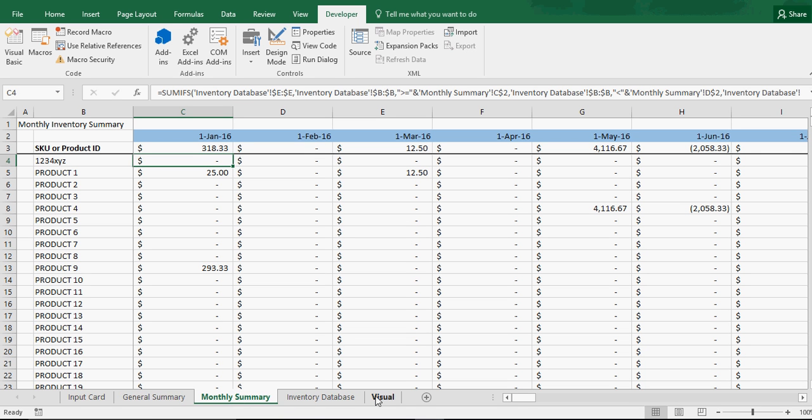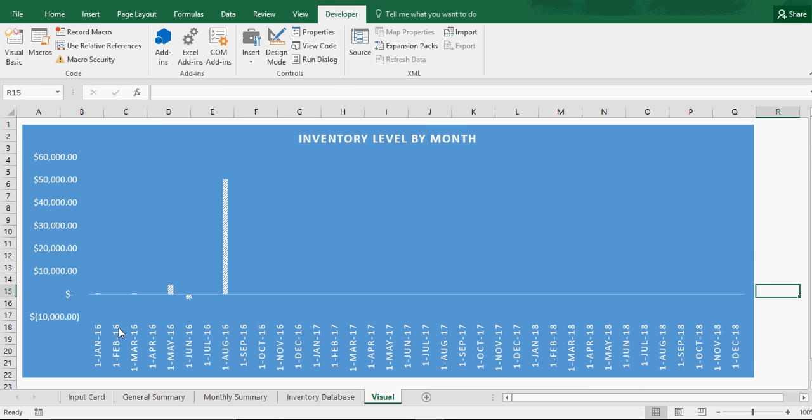So I guess that's it. Oh, and then finally I did do a monthly summary here, and this just takes into account your net value per month for every product. So this is saying the net bought and sold, what's the net value that you still have, and then it's summing up the total for your whole business at the top row. And then I've tracked that in a visual. You can see here it goes by month and says what is your total inventory value. So right now, obviously 50,000 because it's got that big